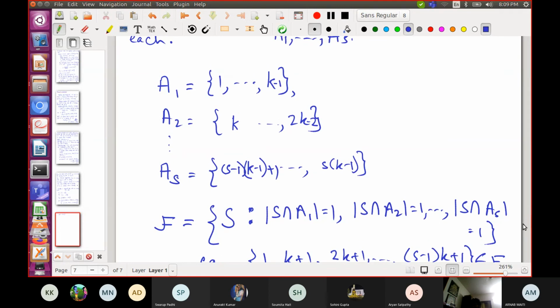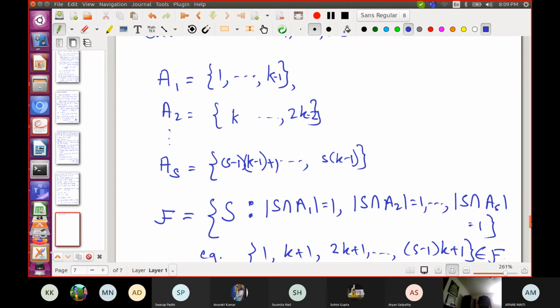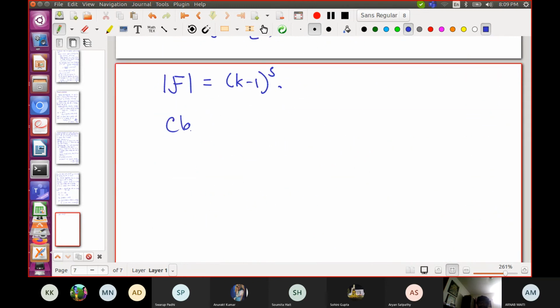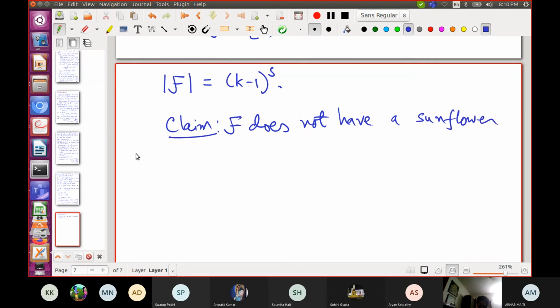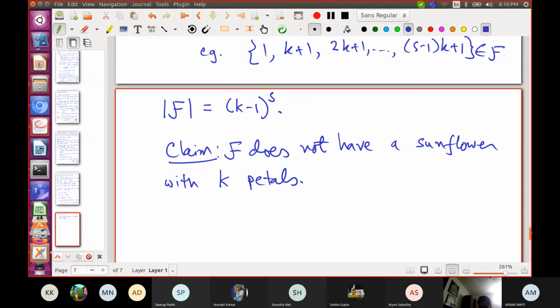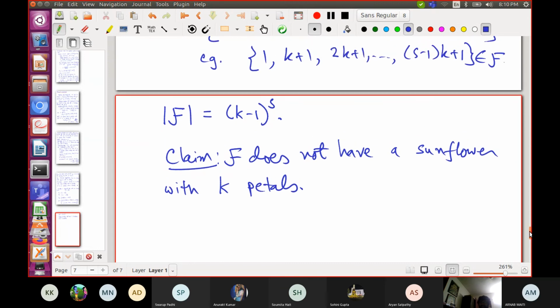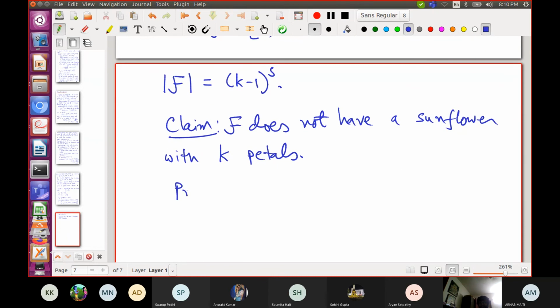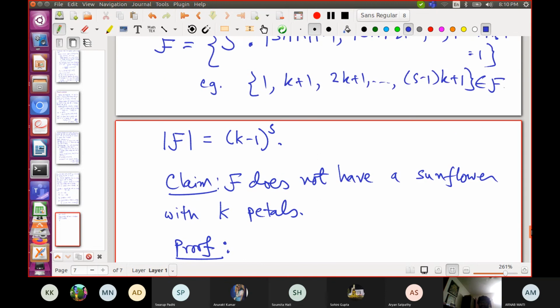Now, I claim that F does not have a sunflower with k petals. Let's verify. Why?